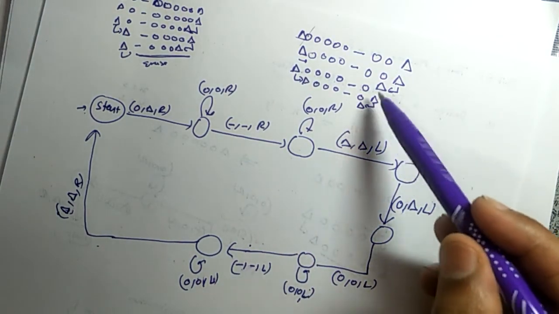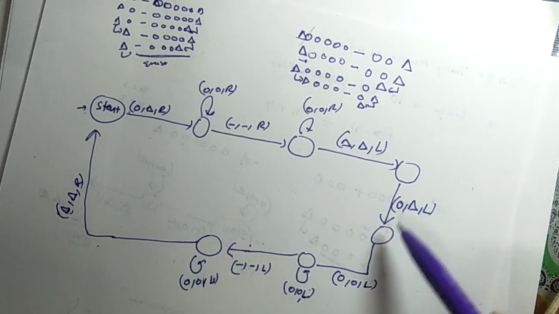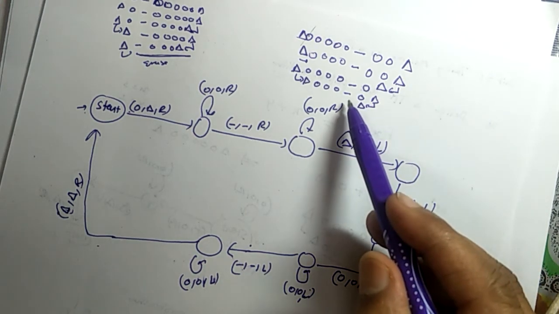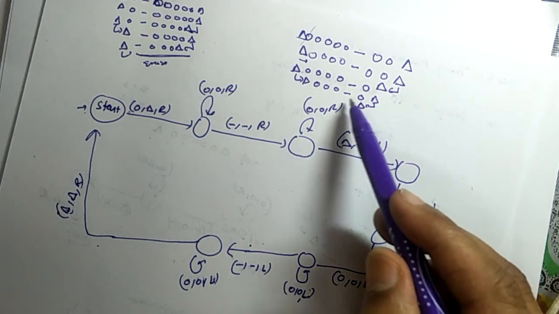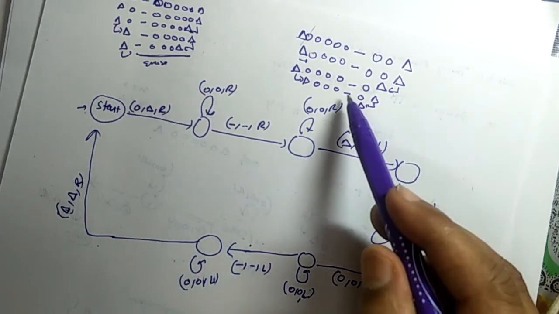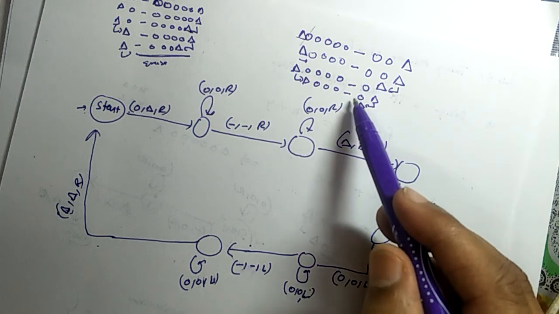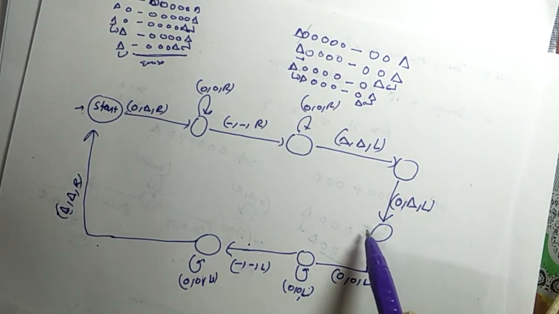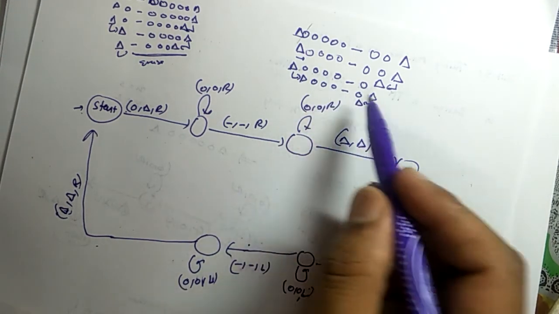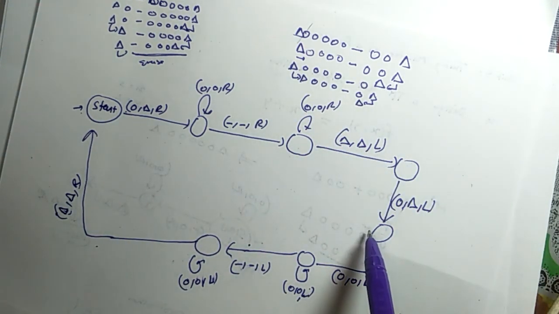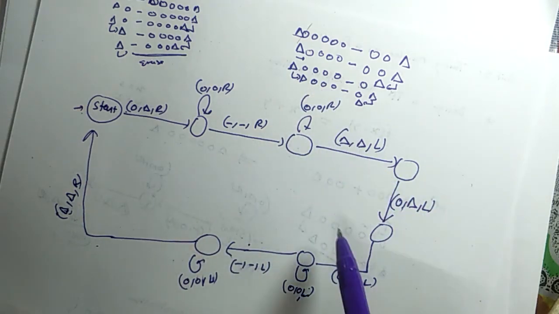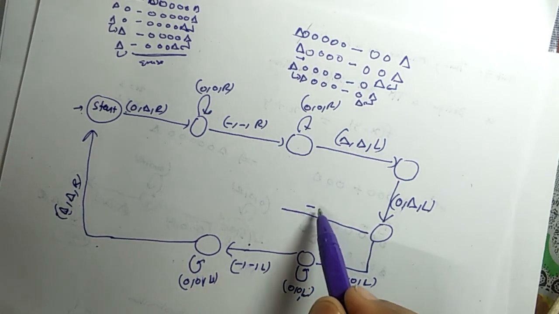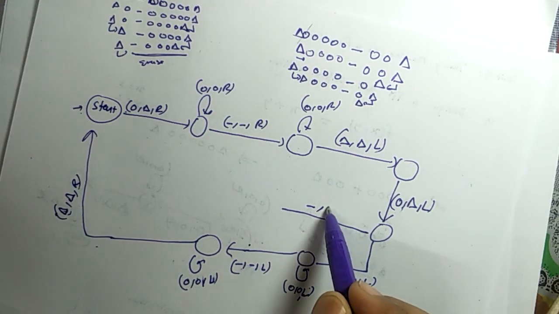Now when we make blank to this 0, we make this 0 to blank. Now we are not getting any 0 in the left of this blank, we are not getting more zeros. So here we get the sign of minus. It means that m is greater than n. So we need these 3 zeros as a result. So if we get the minus from this side, it means that we have done with the procedure.